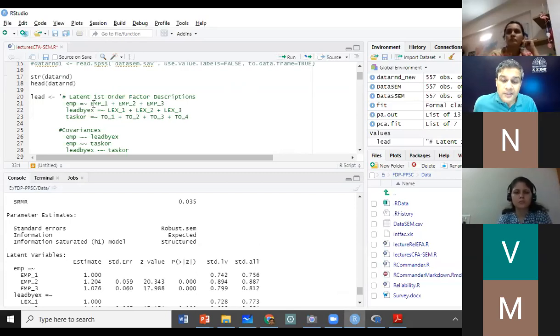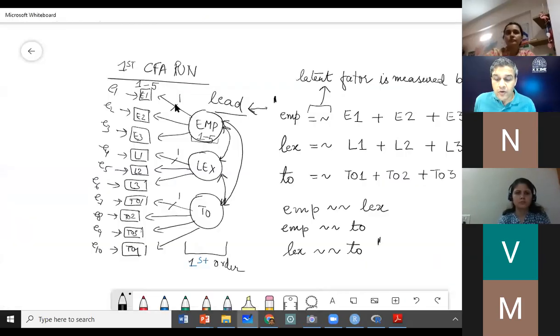So by default, it constrains the first item in this description to 1. Why does it do that? Because it wants to know what should be the scale for my latent factor.